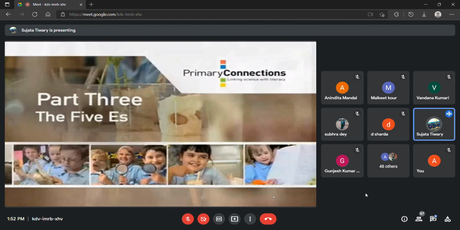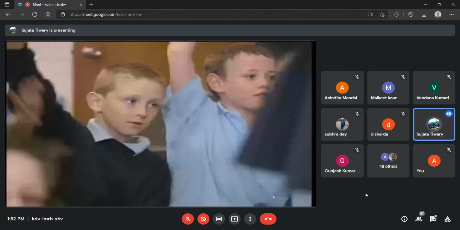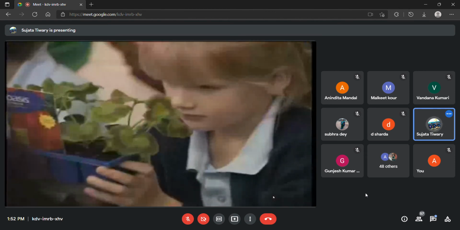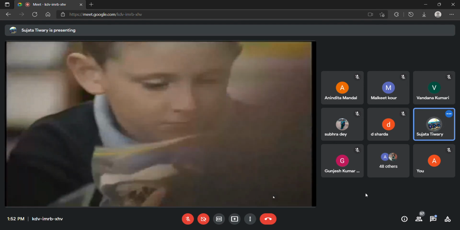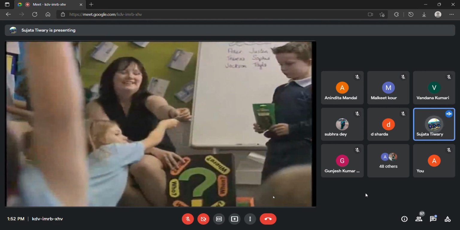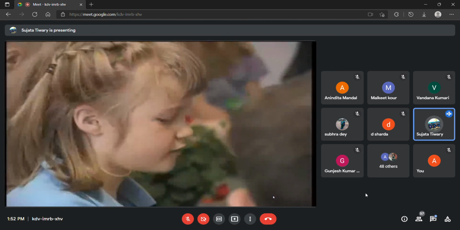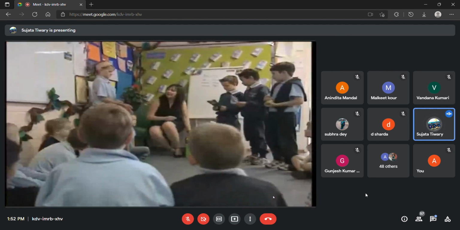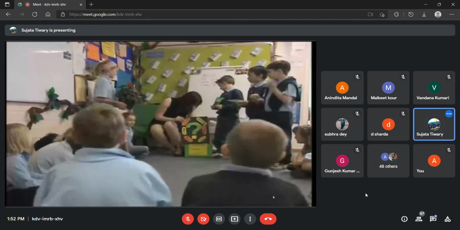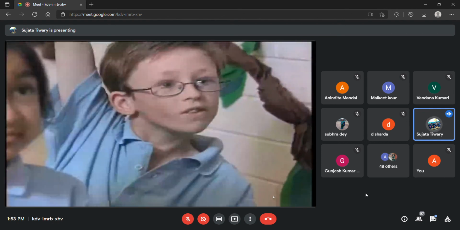The 5Es model is based on theory and research that shows students learn best when they're allowed to work out explanations for themselves, from their direct experiences and with the support of their teacher. Each unit begins with a phase designed to create interest and stimulate curiosity. This phase is known as the engage phase. In this initial phase, the teacher asks open questions to draw out what students already know or think they know. Students ask questions, write, draw, and act out their understandings.